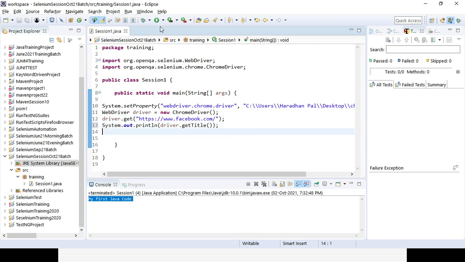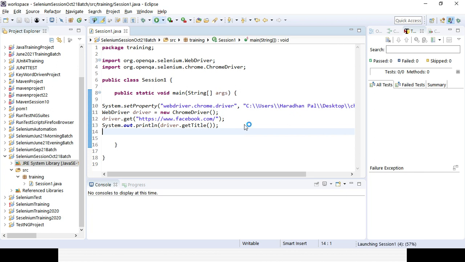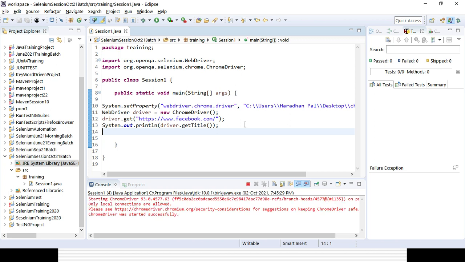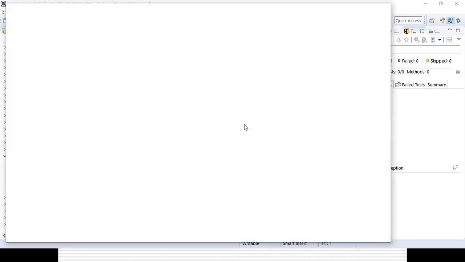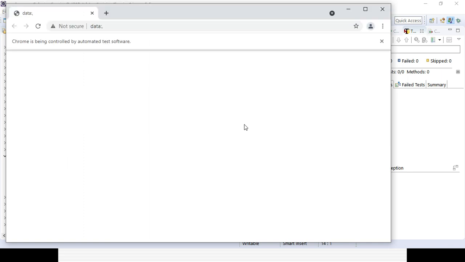Now if you run your code, you can see it will give you whatever output you want to print in the console. As soon as you run the code, it will first launch a browser and pass the URL for the Facebook page, then it will give you the title. So that is the first line of code you can try to learn, to start with the coding part. It will launch that Facebook URL. Once it is launched successfully, it will not close, because I have not written any code so far for closing the browser.